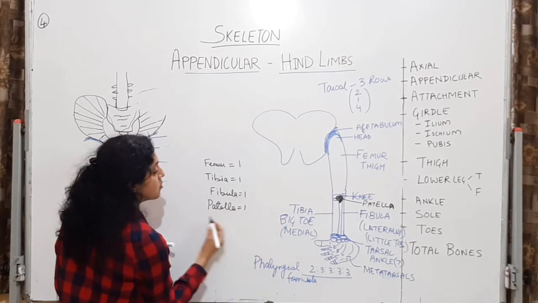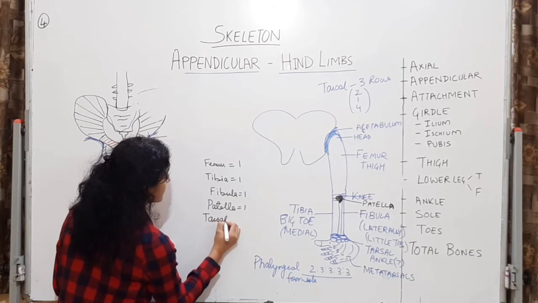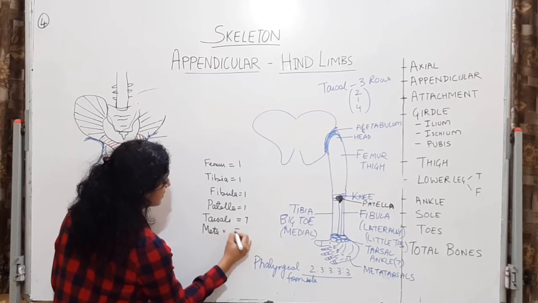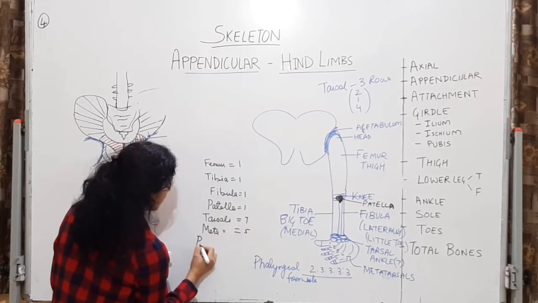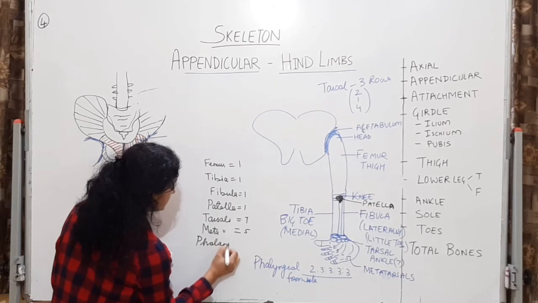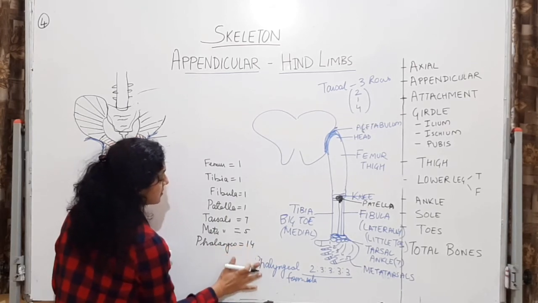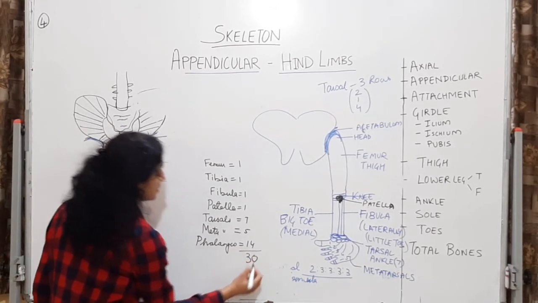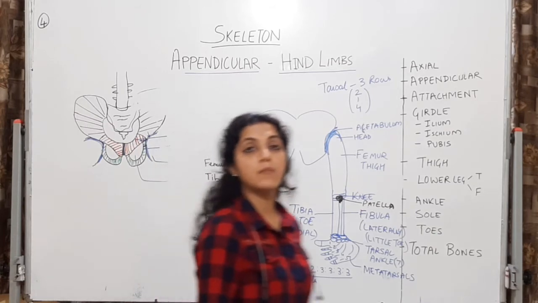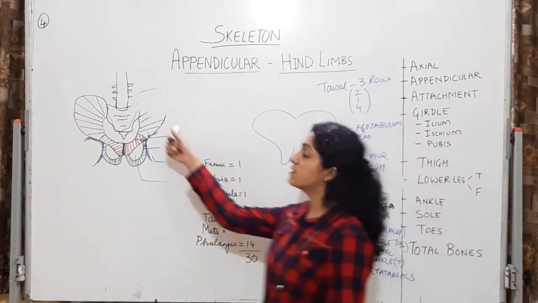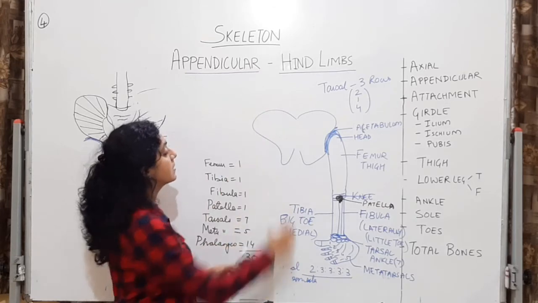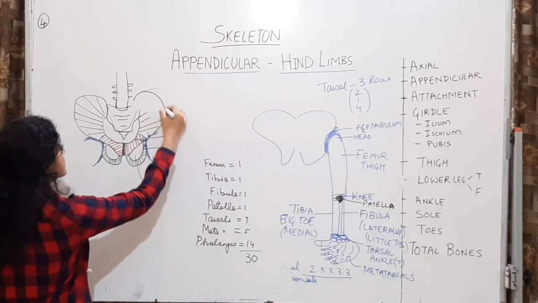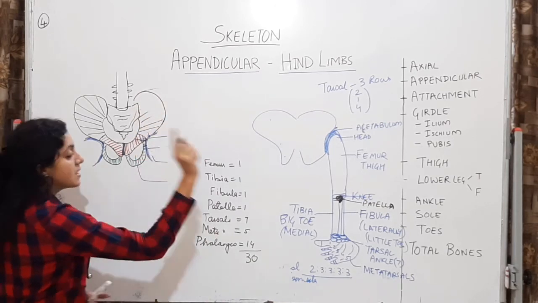1. Then you have your tarsals, that are 7. You have your metatarsals, that are 5. And you have the phalanges, that are 14. Bringing this total to 30. So bones of the upper limb will be equal to bones of the lower limb, and this bone of the pelvic girdle, ये एक consider होते हैं because they are fused, the ischium, ilium and pubis. The ischium, ilium and pubis, because they are fused, they will be considered as one bone.